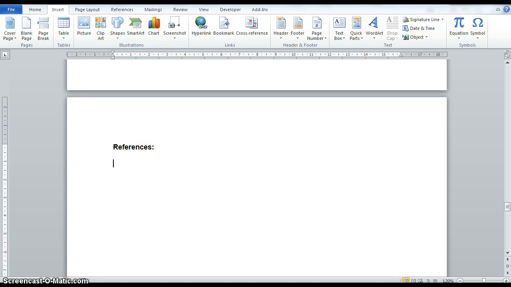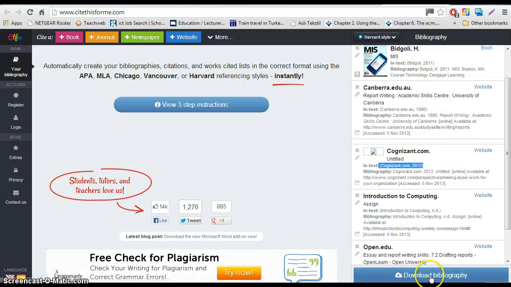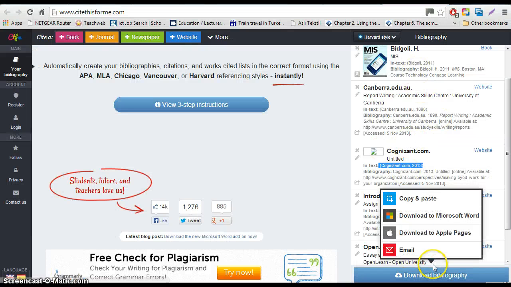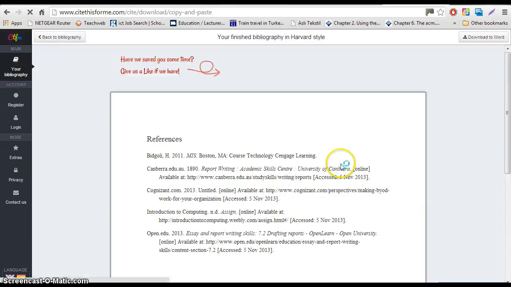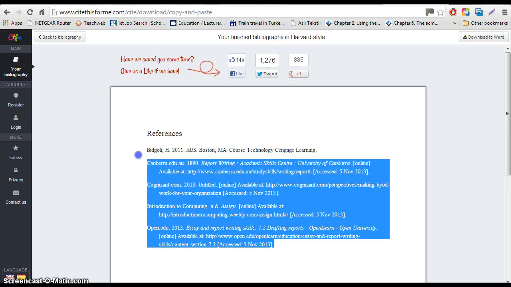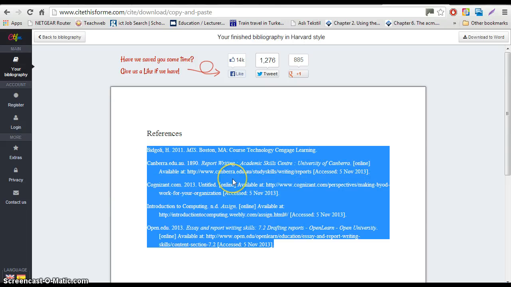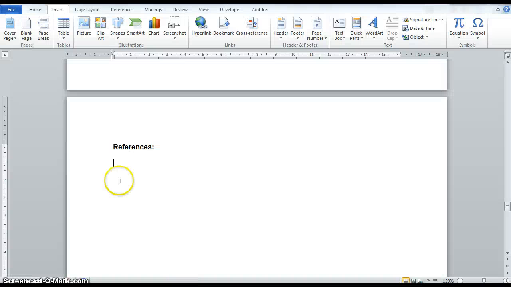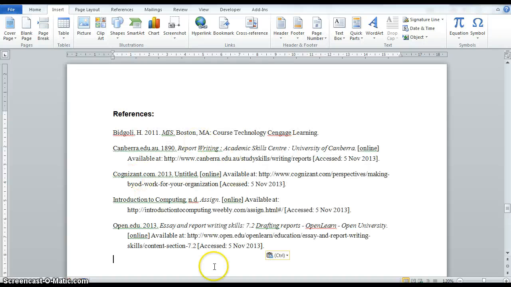So you're going to insert your references from the download option from Cite This, copy, and those are my references. It's already in alphabetical order. Copy it, Control C, and paste it in here. And as you can see, it's nice and easy, but all I have here is websites, and that's also very